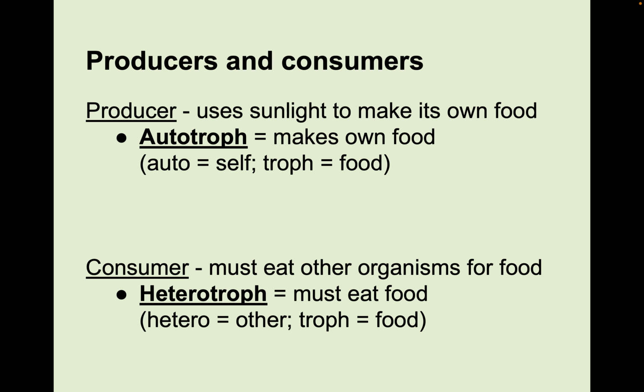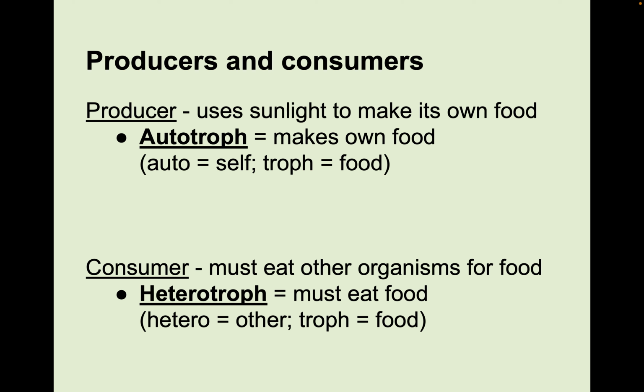We can categorize living things by what they eat. If something is called a producer or an autotroph, that means it can make its own food, usually with sunlight, but there are some organisms that do it a different way. So they can do photosynthesis. Auto means self, troph means food, so it's self-feeder. They're plants, and some other organisms like algae, and there's some bacteria, but it's mostly plants and algae that do